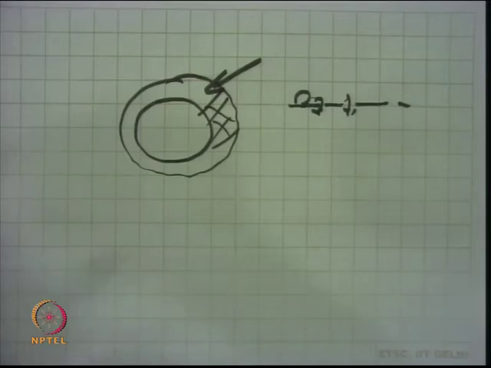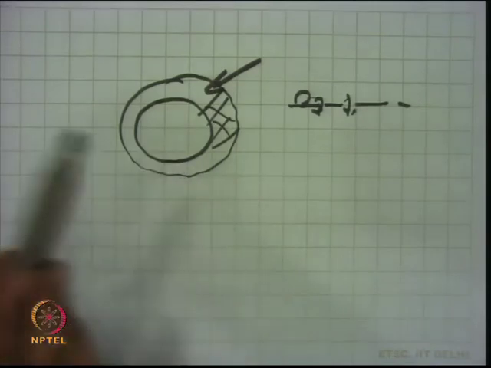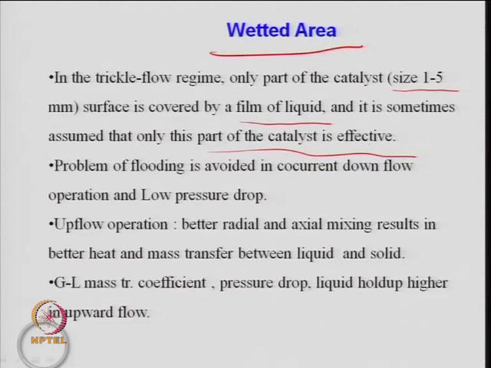So, it means the hydrodynamics and wetting and wettability, both parameters are very important in terms of the design of this catalyst particle size and shape. That will decide your external surface area, or the surface area per unit volume of the catalyst, especially for mass transfer you need to look at that. So, this is very important here to make the catalyst effective, and how the wetting can be improved.